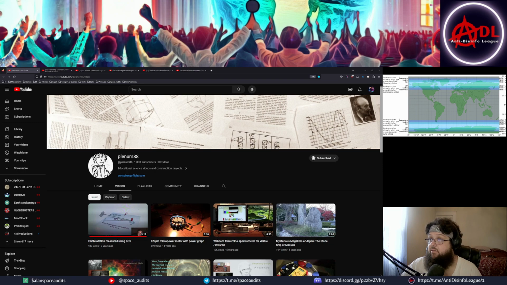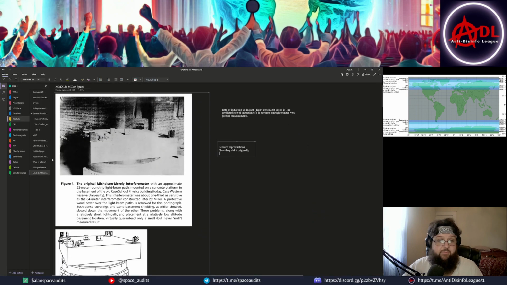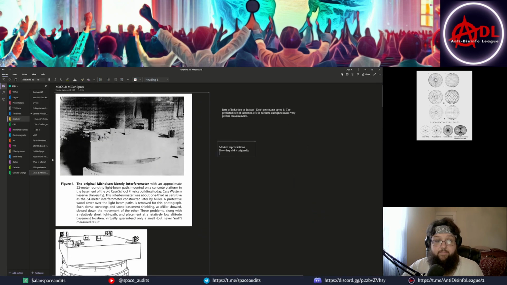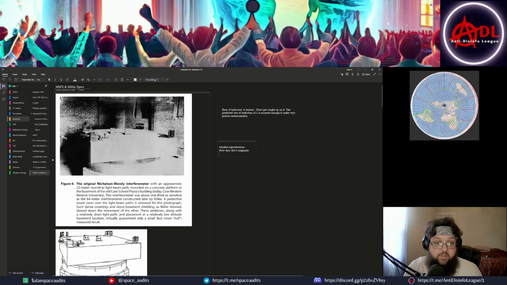So I have here some papers or some clips from papers of the apparatuses and stuff that they used so we can get a look at what they were doing here. And we have some diagrams to go along to explain what all these things are right here. So we have the mirror configuration set up here. We have our coherent light beam. We have where the beam is split and recombined. And that's also where you take your observations